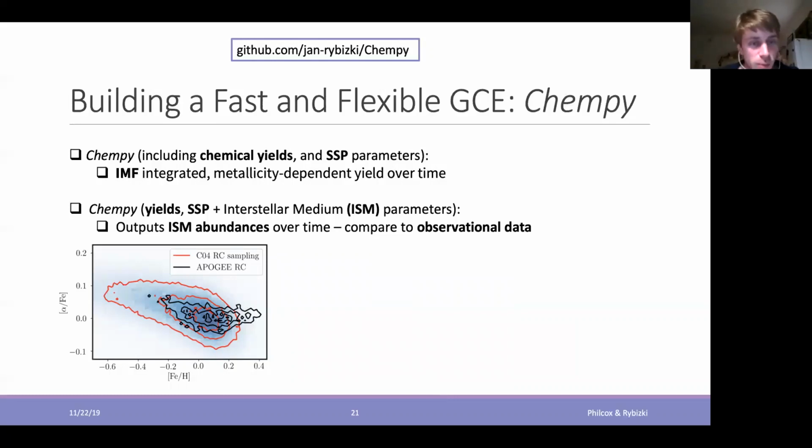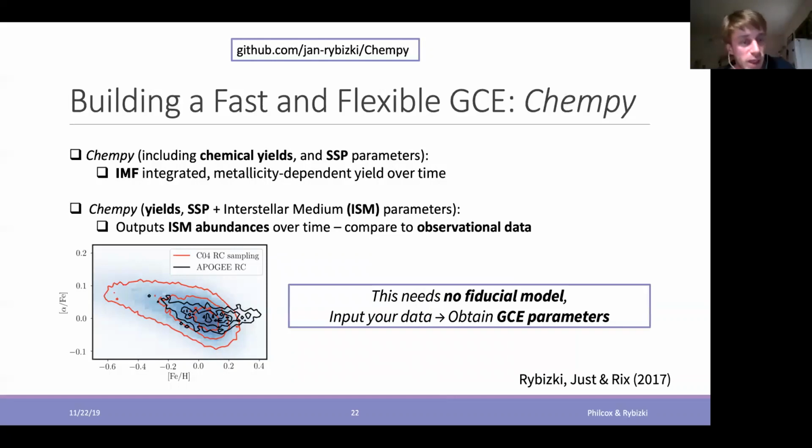And here, for example, in this plane you have alpha over iron on the y-axis and the metallicity on the x-axis. In black, the APOGEE red clump sample, and in red, a model that was optimized to reproduce solar abundances, with an age sampling of the red clump stars, and you see that it's broadly consistent.